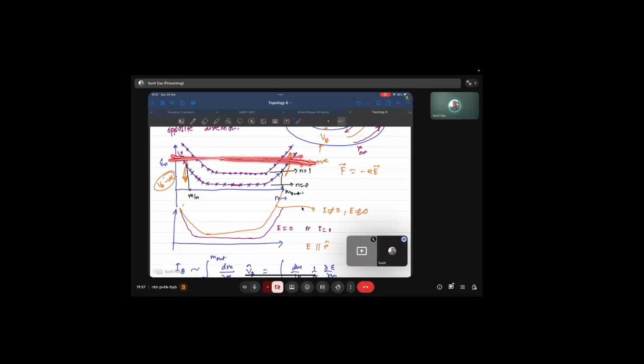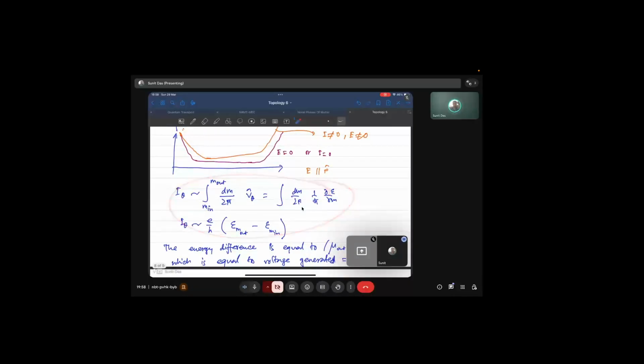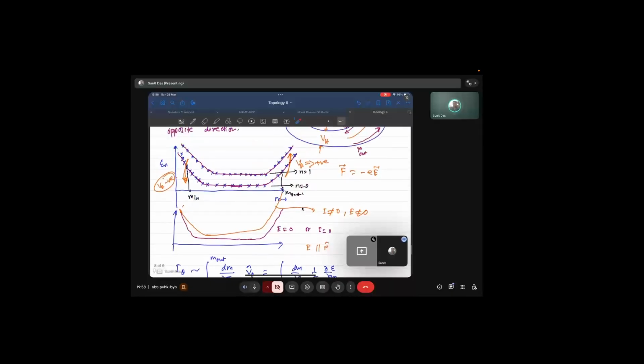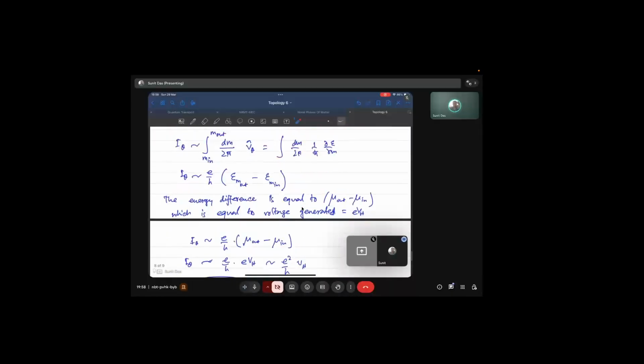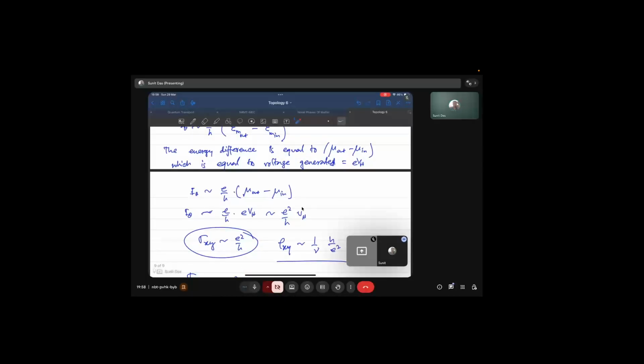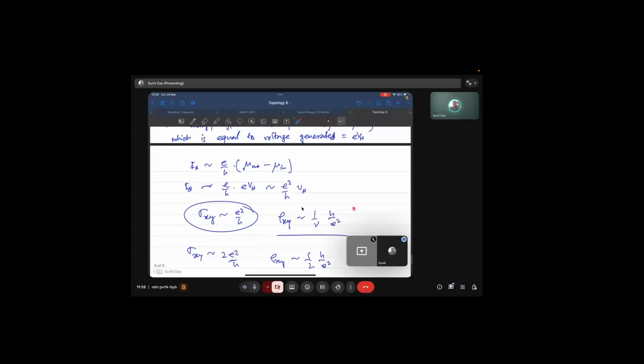It also covers the n equal to 1. Now you do the same calculation for n equal to 0. You already get this kind of conductivity. For n equal to 1, exactly the same calculation follows, and then this will also give rise to another e square by h of current. Okay, and this will give rise to sigma xy to be e square by h plus another e square by h coming from n equal to 1, and as a result you will get sigma xy,